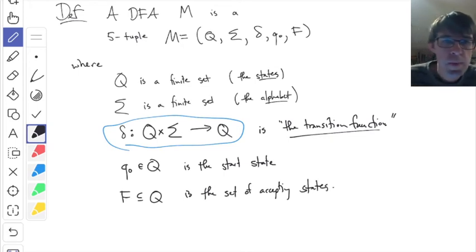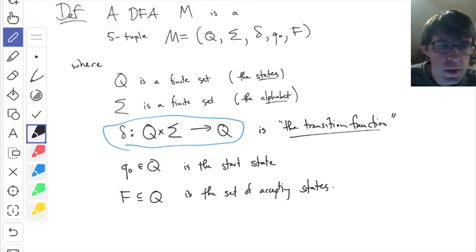All right? These are the 5 ingredients that make up the official definition of a DFA. It has a set of states, a set which represents the alphabet, the transition function, one chosen specific state, which is the starting state, and then a subset of states, which is the set of accepting states. All right? Any questions about that other than the thing which I circled in blue, which I'm about to explain